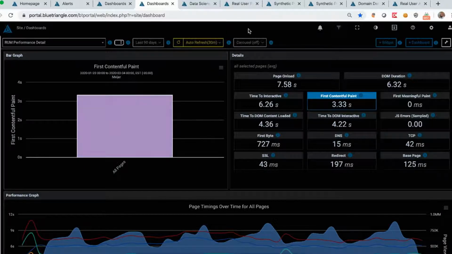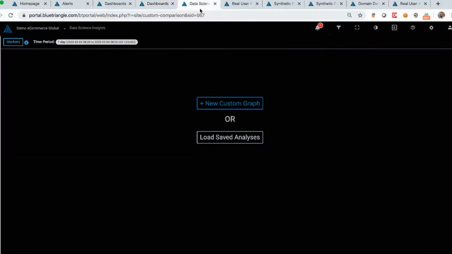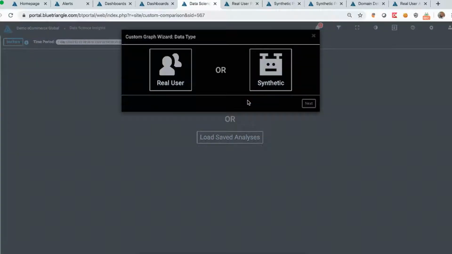And the best place to do this, without a doubt, is our data science. So the data science section is exactly what you see here. It's a section that is completely blank, and I call this my techie playground. This allows me to load up any level of data in any format that I want, both real user and